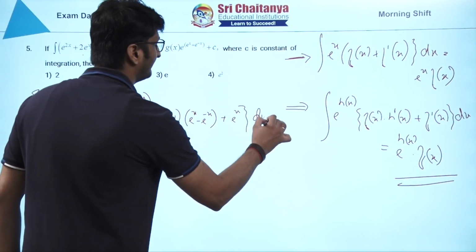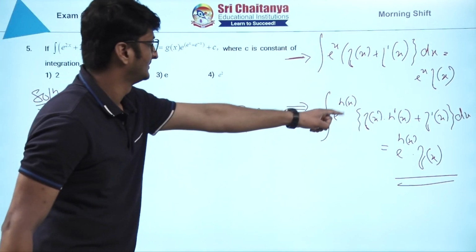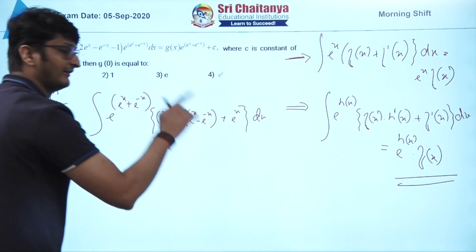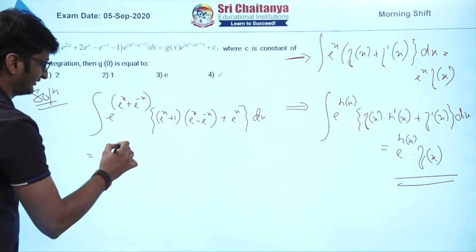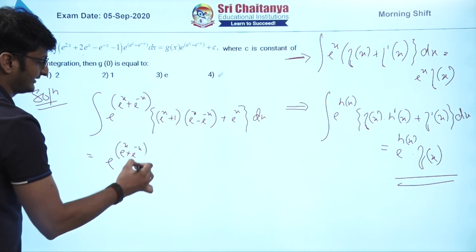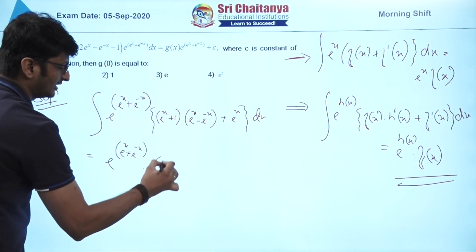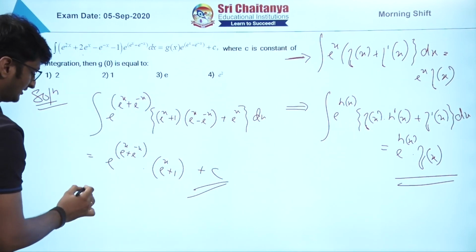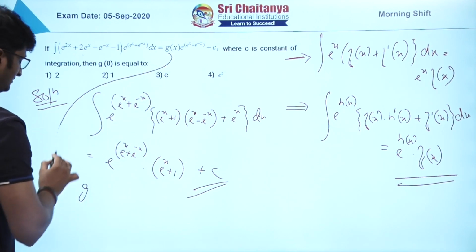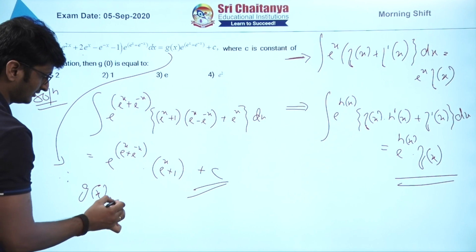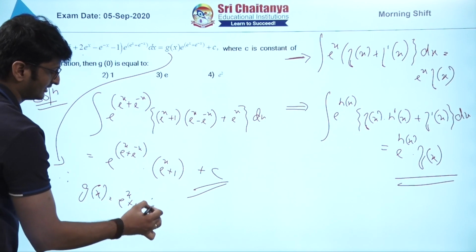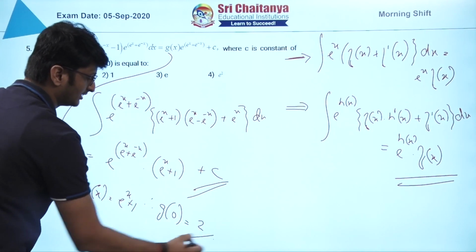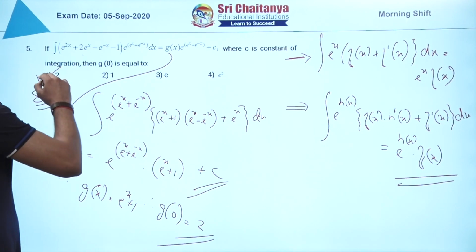See how? Now, compare with this result, it is h(x), it is f(x), it is h dash x, it is f dash x, everything is compared. Directly you can write down the answer, e to the power x plus e to the power minus x into h(x), h(x) is e to the power x plus 1. So, comparing this, what we have got? Therefore, comparing this, g(x) is nothing but e to the power x plus 1, and hence g of 0, they are asking, g of 0 is 2, and option number 1 has become the correct choice.